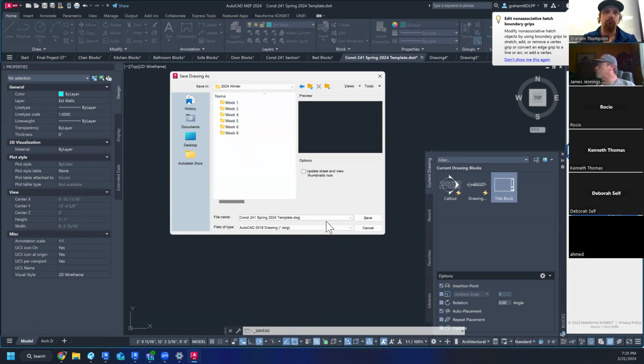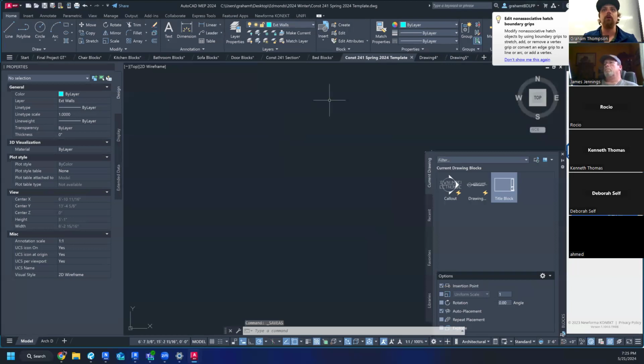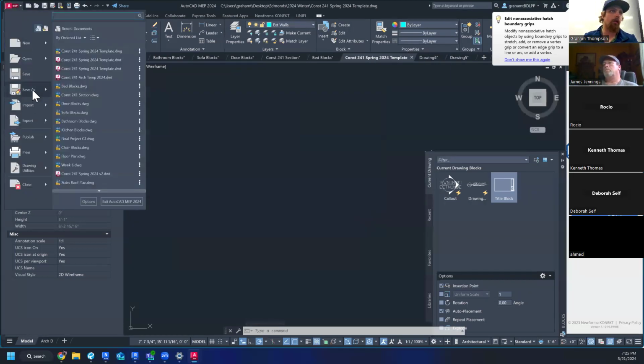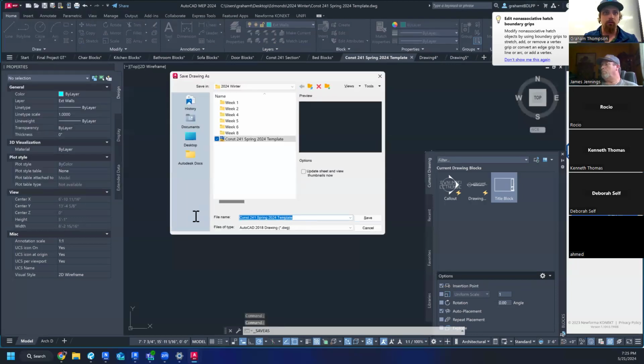Winter, and here's my new file. Okay. Oh, I want to save it. Sorry, I didn't want to save it as a template. I want to save it as final project. So I'll save it as, change the name, Construction 241, Spring 2024, final,